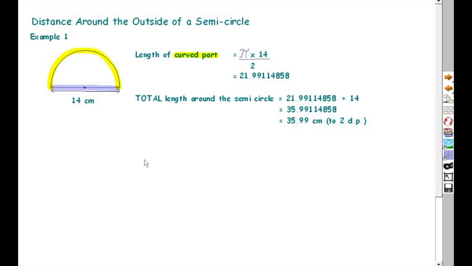So first off, the length of the curved surface. The formula for the circumference of a full circle was pi d, which I'm using here, if you've noticed, because I've got the diameter of the circle, the distance right across the centre from one side to the other. So I'm using the pi d formula. I've divided here by 2 because it's only half the circle we've got, just the semicircle, the curved part in yellow. So we've got pi times 14, all divided by 2, gives you